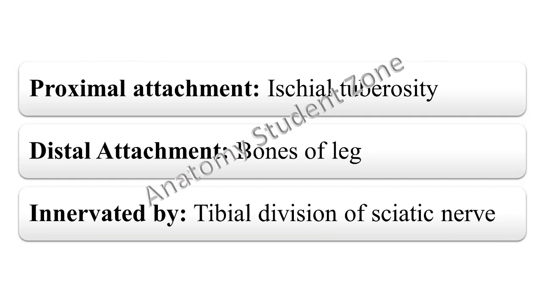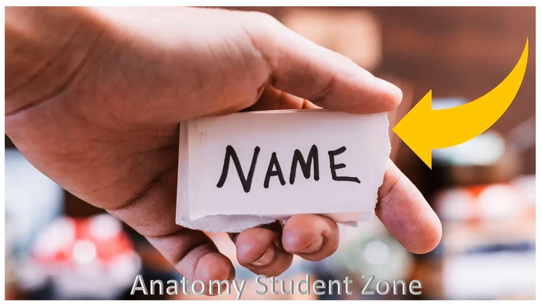And the fourth muscle of this group, the short head of biceps femoris, failed to meet any of these above-mentioned requirements, or the criteria that we have mentioned for a hamstring. So you will come to know how when I cover the details. Now another question is, why did the hamstrings receive their name?